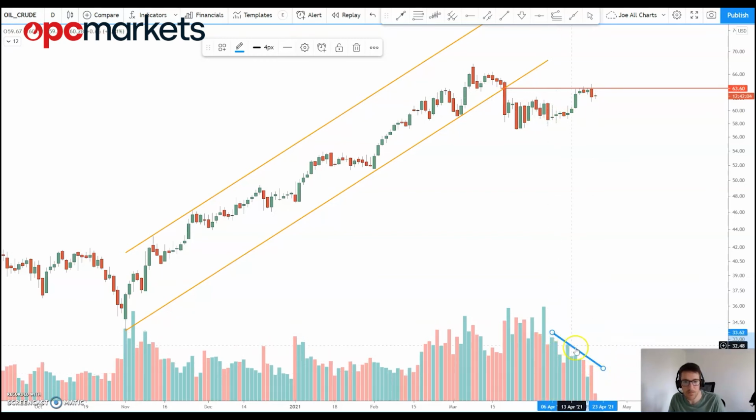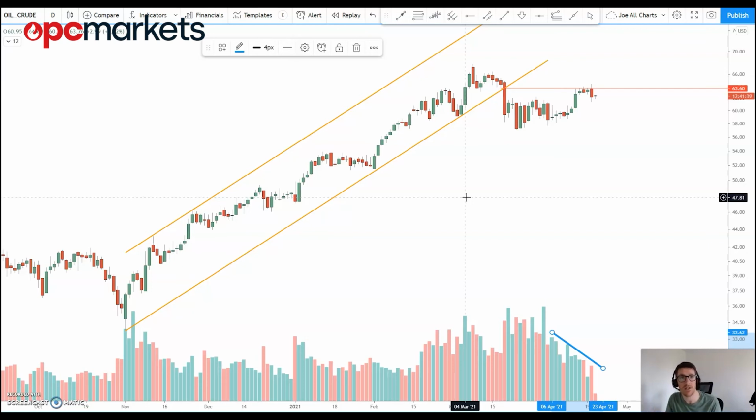So obviously a lack of participation in and amongst here. We didn't really see a massive volume spike yesterday on this selling. So it looks to me as though we're going to see more indecision in this market. But for me, it is tainted with a bit of a bullish bias for now, just because of that candle that we posted yesterday. So that rounds up what I'm looking at the moment.